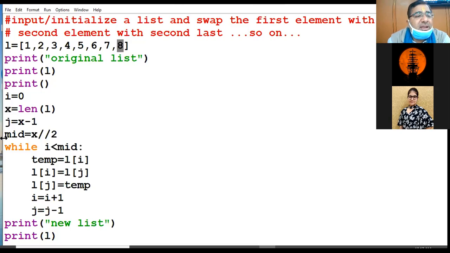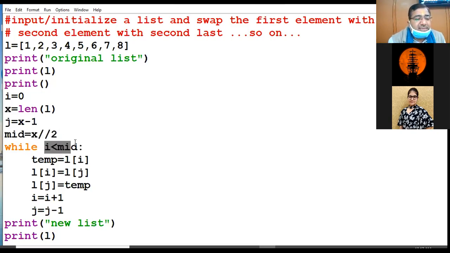And how do I find the middle index? I find the middle index by dividing my length with 2. That will give me the middle index. So middle is the common point up till where J will strike and where I will strike. At one point, they both will strike, right?